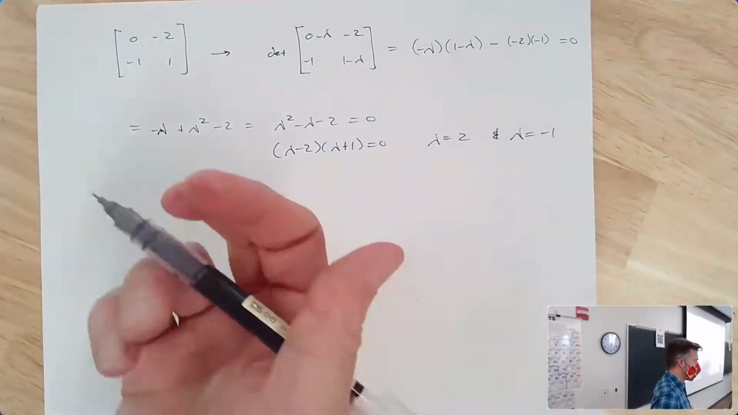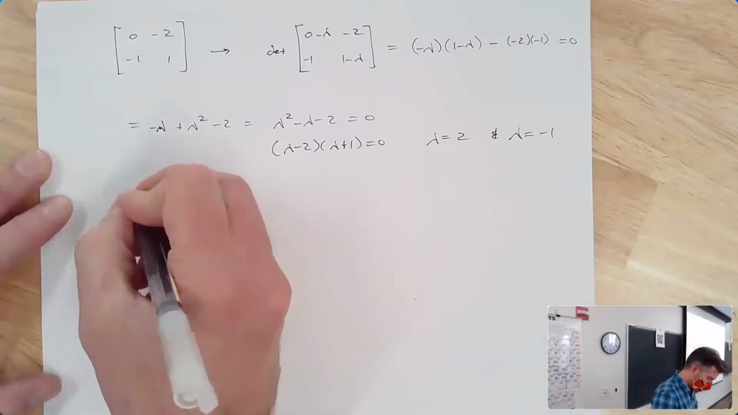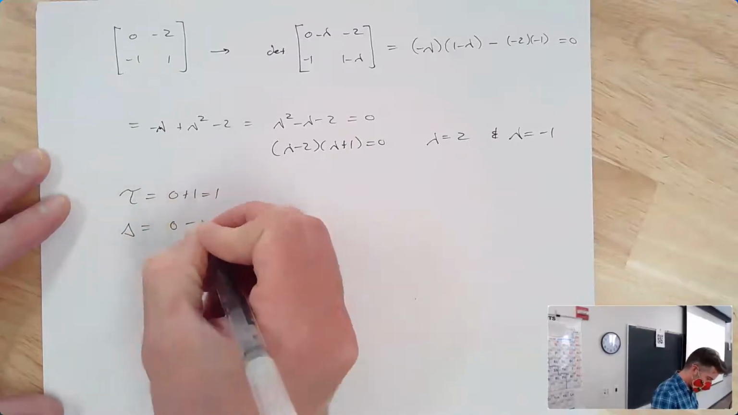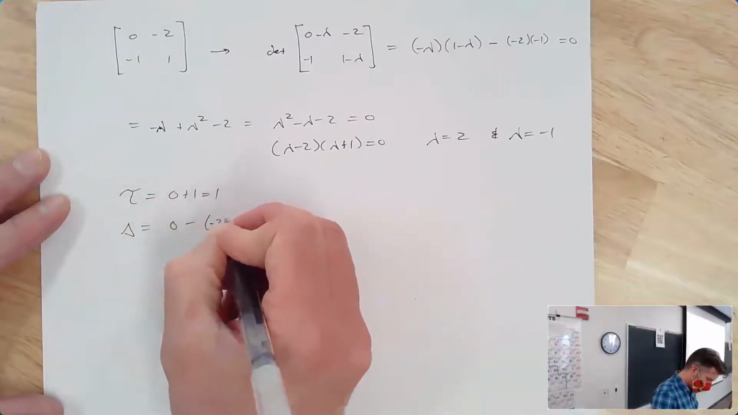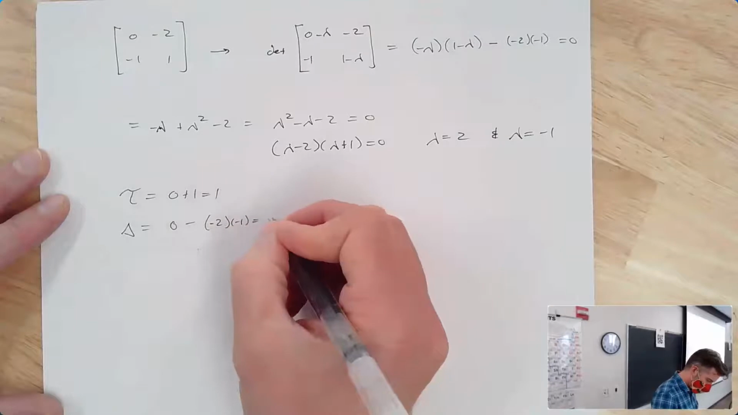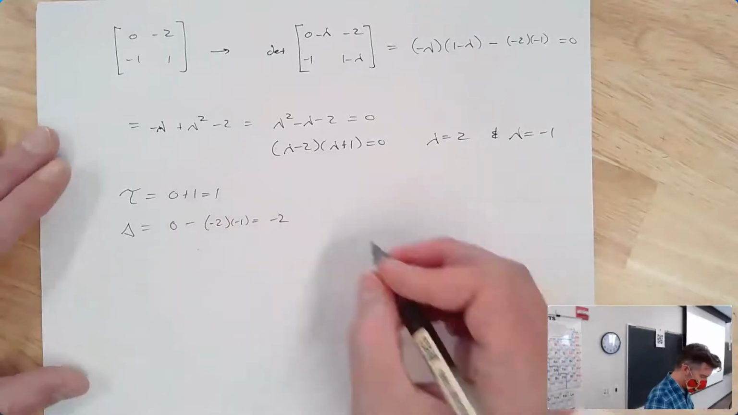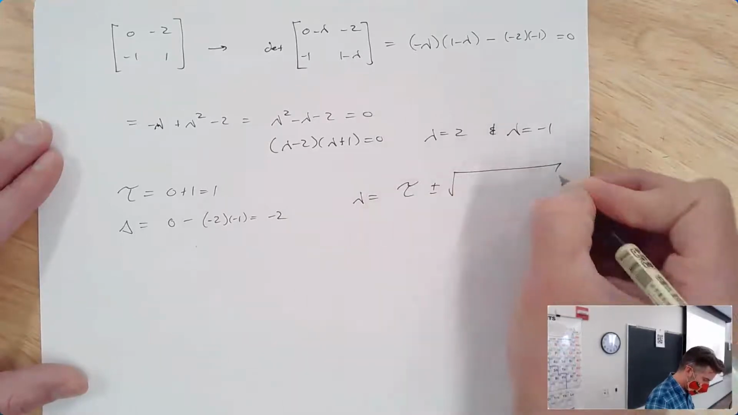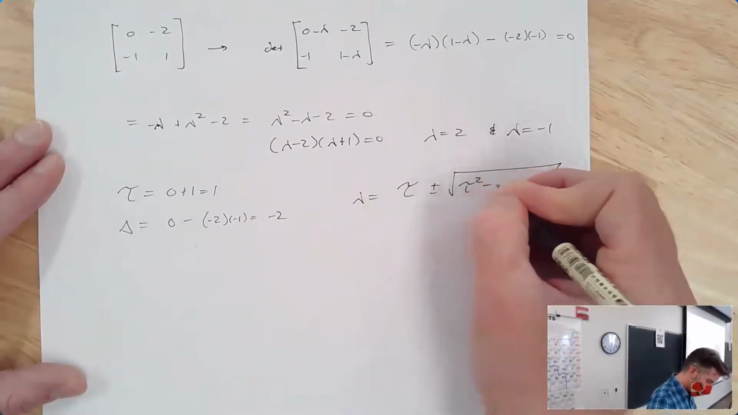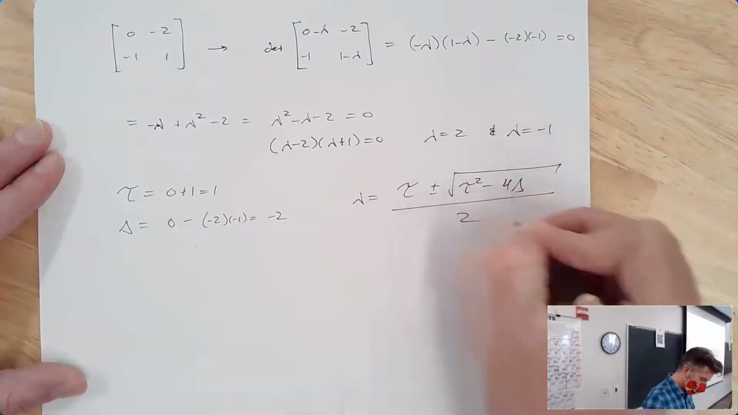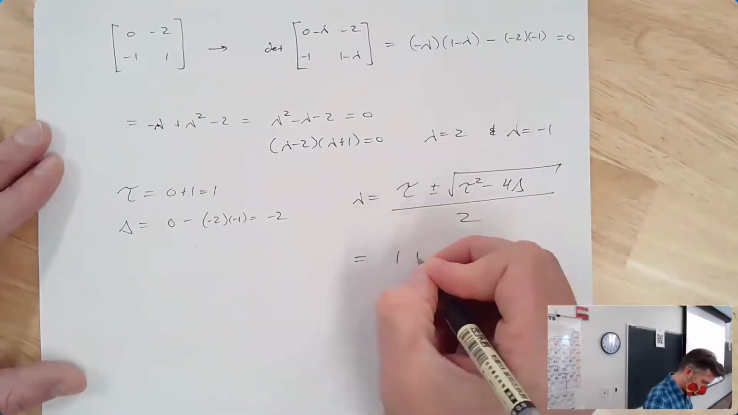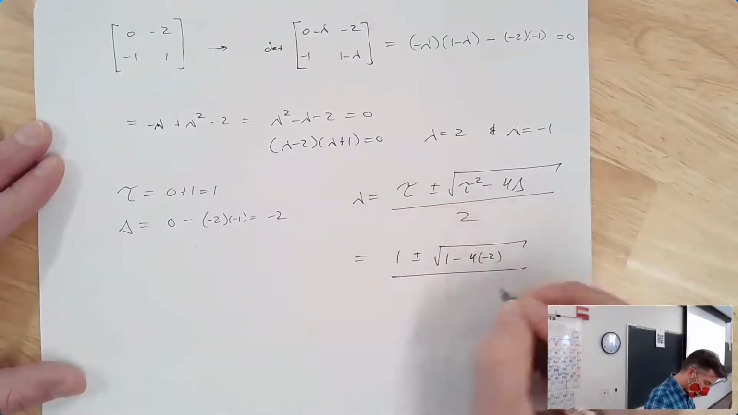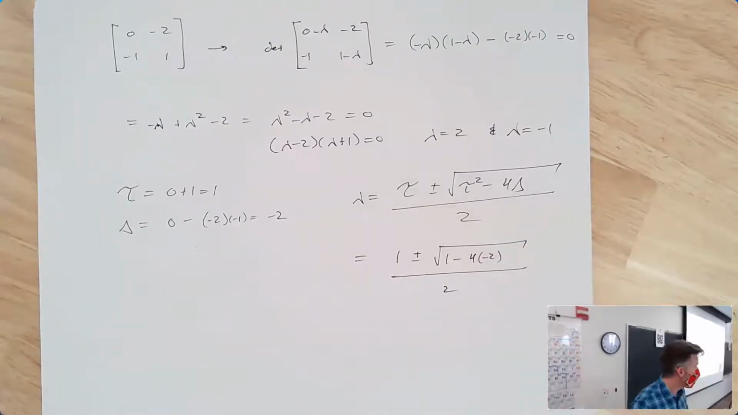Or we could use the trace determinant method, right? Trace is 0 plus 1. Determinant is 0 minus negative 2 times negative 1. And then you could find the eigenvalues by doing lambda is the trace plus or minus the square root of the trace squared minus 4 times the determinant all over 2, which in this case would be 1 plus or minus the square root of 1 minus 4 times negative 2 all over 2. And I do want to emphasize here,